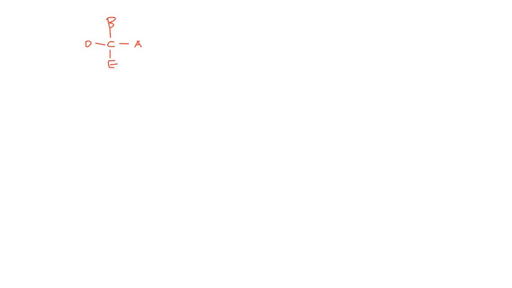So essentially, if you try to draw this three-dimensionally, I have a carbon, and then you have a wedge coming this way. That means it's coming out of the page towards you, and a dash going this way. So let's say this is your A, your E, and your D, and your B. Its mirror image, those are not going to be the same. Those are actually going to be different molecules, because if you tried to rotate this molecule around,